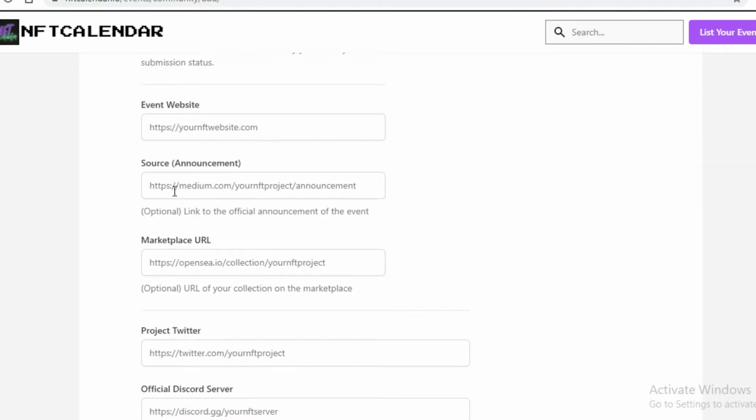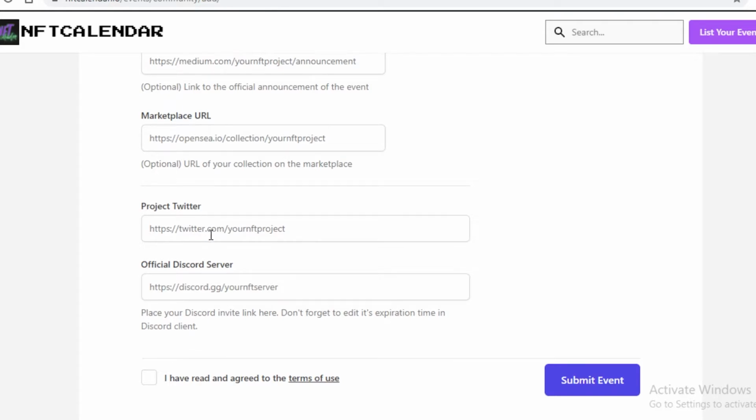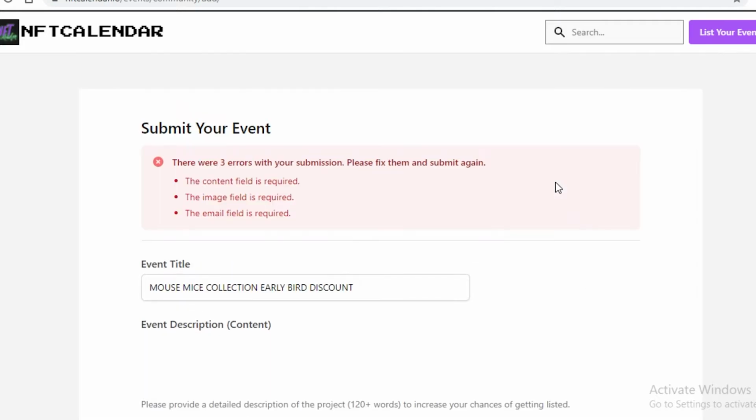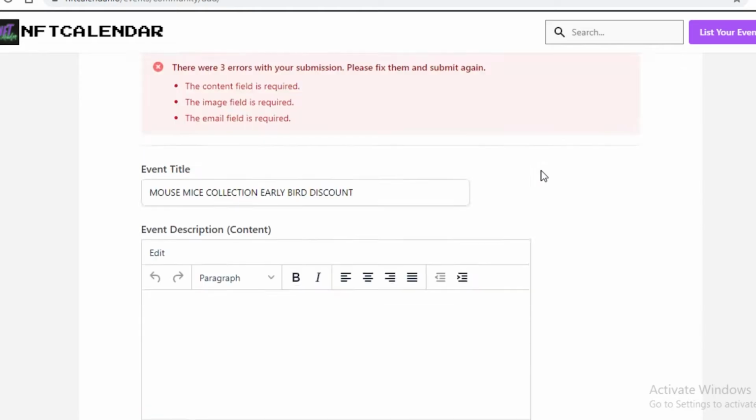Any kind of announcement you want to make, then you can link your Twitter account as well, and then you can just click on agree over here. You can click on submit event, and within 24 hours NFT calendar will review your event and they will post